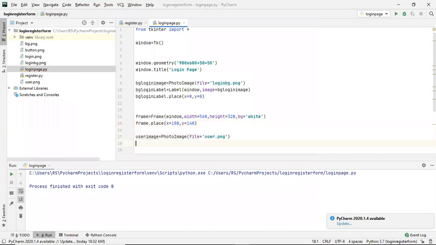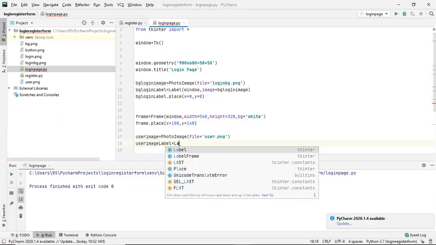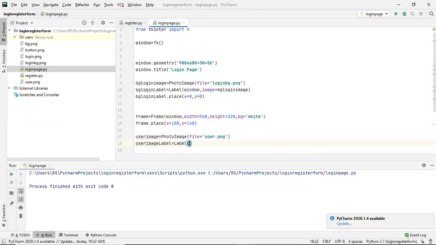Okay, and now this user.png, this user image will be on a label. So user image label, and I'll be using a label class, and this label will be inside a frame. Next thing is the image.